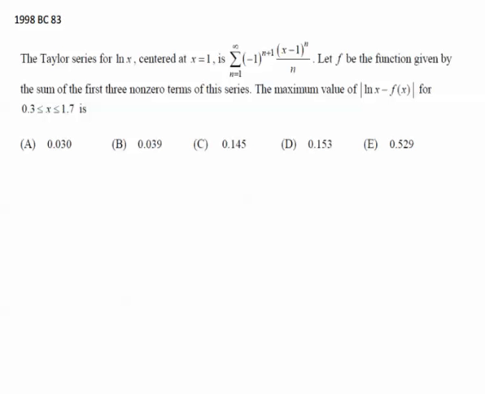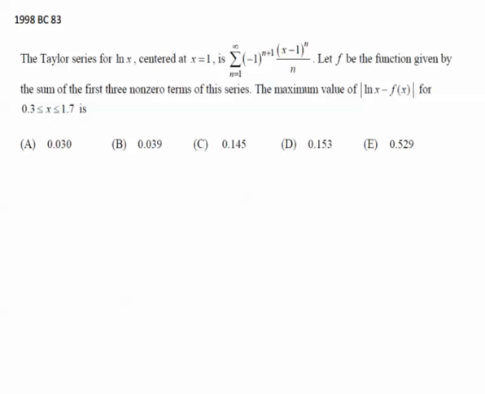1998 BC 83. The Taylor series for natural log of x centered at x equals 1 is given by this series. Let f be the function given by the sum of the first three non-zero terms of this series. So f is not ln of x, f is the sum of the first three non-zero terms of that series. And the maximum value, absolute value of ln of x minus f of x for x between 0.3 and 1.7